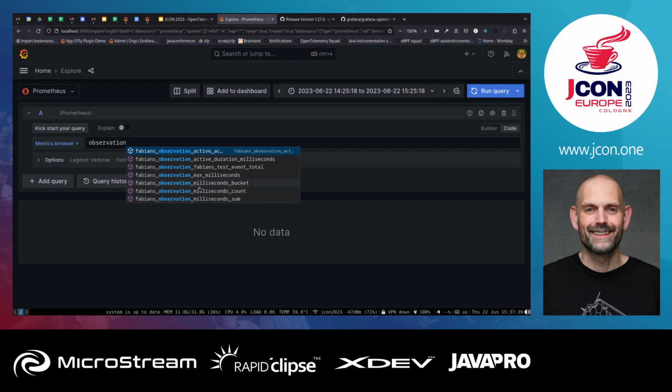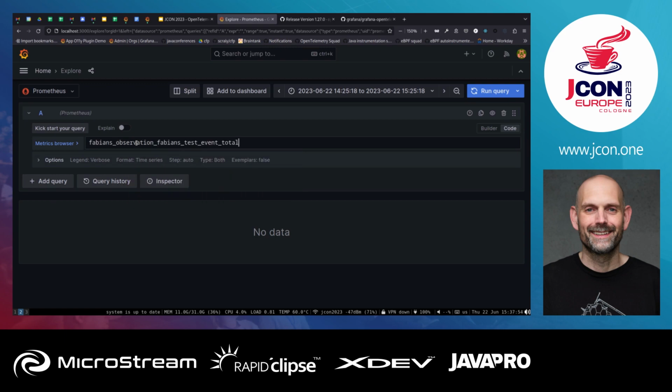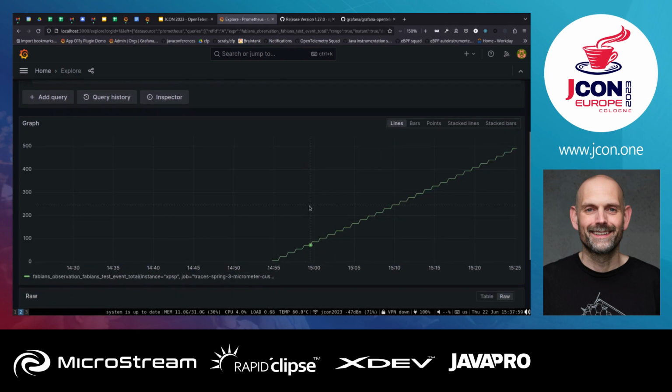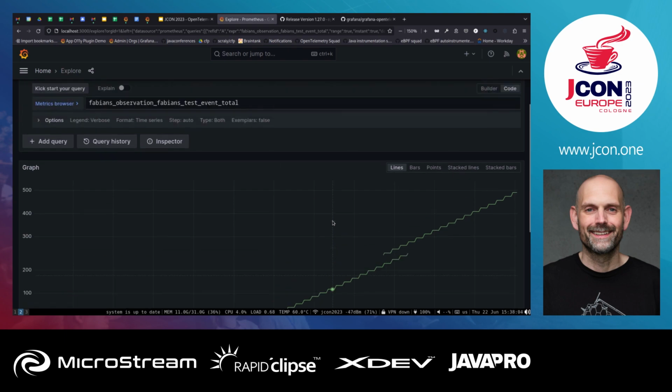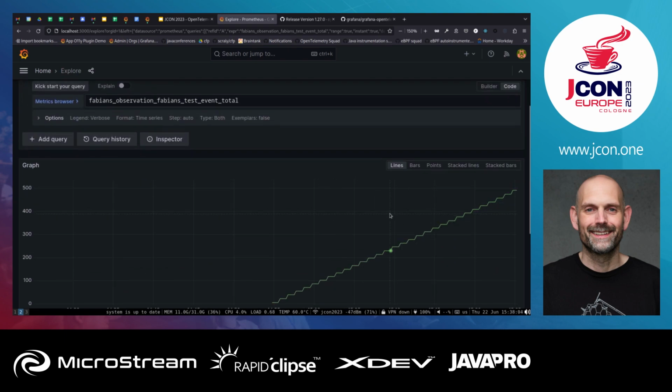There's Fabian's observation, kind of a histogram with histogram buckets and count and so forth, the time how long my observations took, and I can get some overview, 95th percentile and so forth, right? There's also a metric representing my event, Fabian's test event total, long generated name, but if you click on it, it basically does what you think it would do, counts the number of times that this event happened